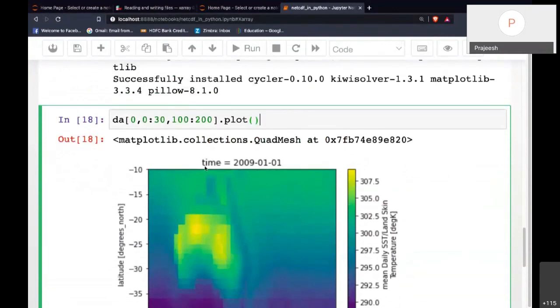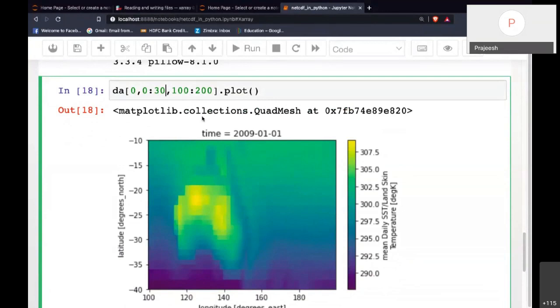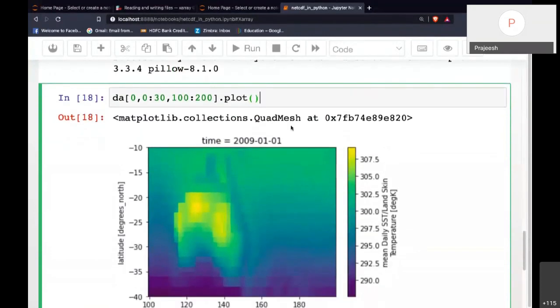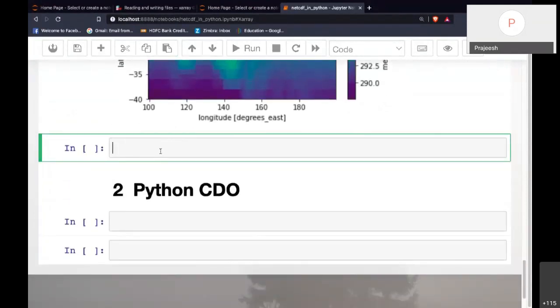But you can also subset it using the exact value of the coordinate, not just using indexes, but right away with the exact values. To do that, you have to use the method sel.